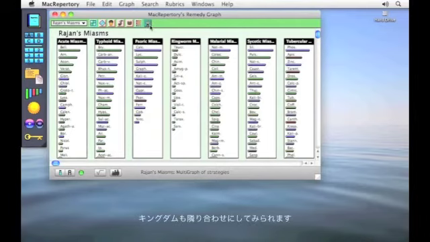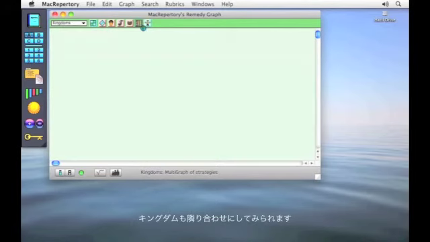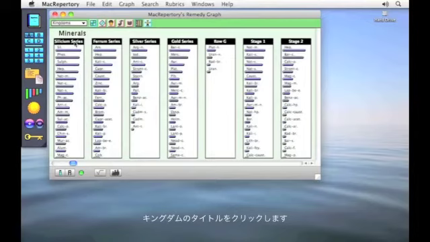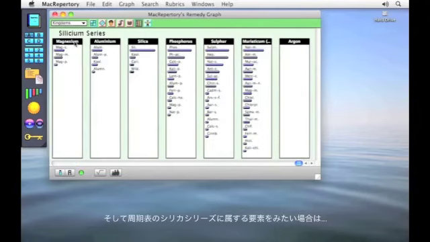Or perhaps you want to see the kingdoms side by side. If you want to see the subgroups of the kingdoms, just click on the title. Now if I want to see each of the elements within the silica series,